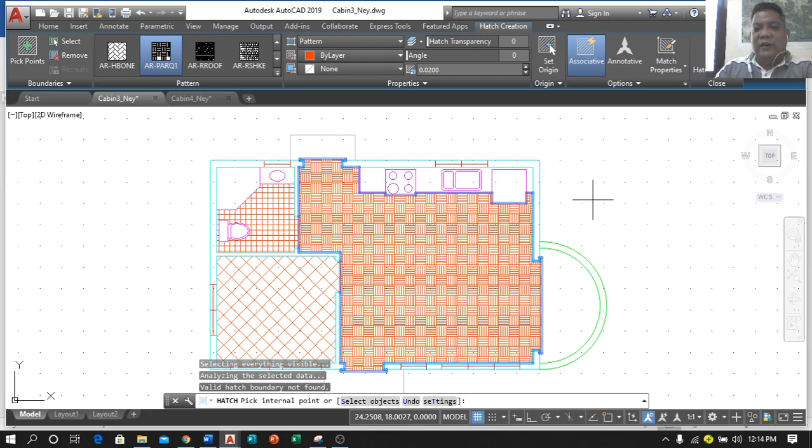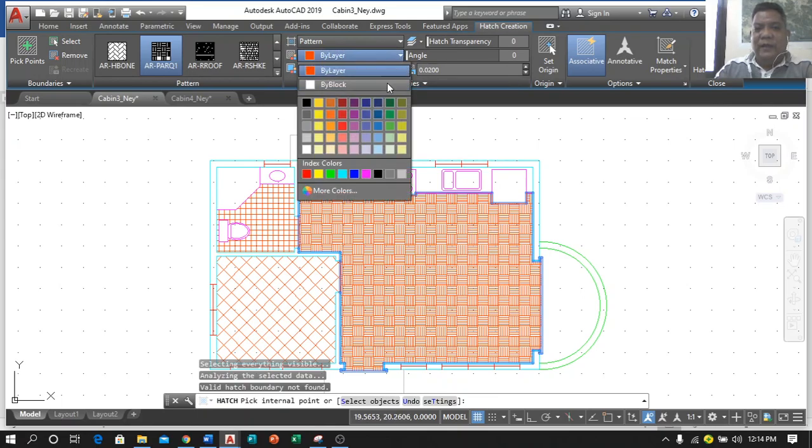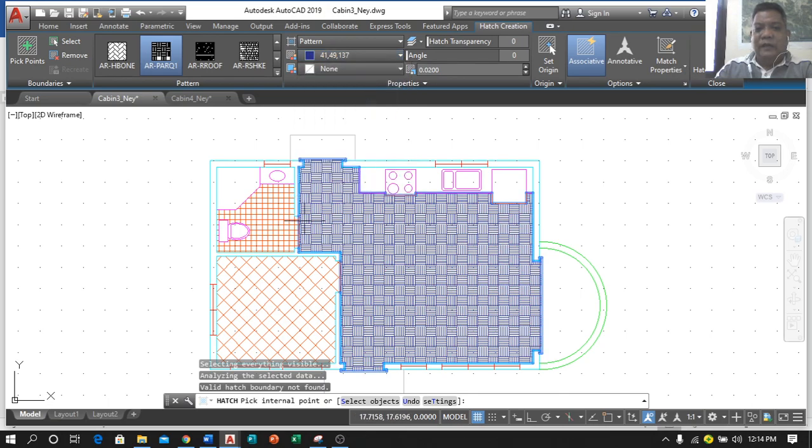And I think this is okay for this time. Okay, you can change the color of this one. If you want a blue one, okay, then for this one,